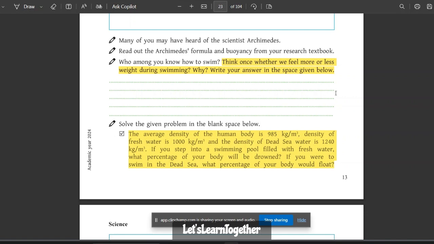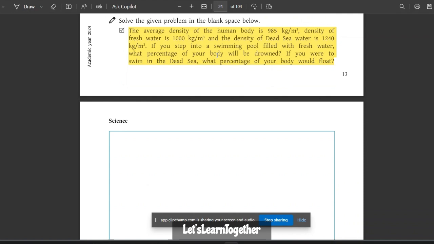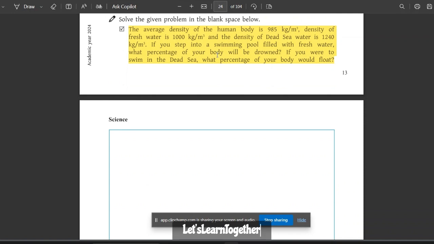পুল করছে না, এটাকে কাইন্ড অফ ওয়েটলেসনেসও বলা যায়, কিন্তু এখানে আমরা ওয়েটলেসনেস বলবো না, এখানে আমরা বলবো যে উই ফিল লেস ওয়েট। ঠিক আছে, তো এটা কেন হয়? আমরা যখন সুইমিং করি তখন আমাদের কেন মনে হয় যে গ্র্যাভিটির পুলটা আমাদের উপরে কম হয়ে গেছে? তো সেটার অ্যান্সার আমরা এখানে লিখবো। তারপরে দেখো আরো একটা ম্যাথমেটিক্যাল ক্যালকুলেশন দেয়া হয়েছে যে the average density